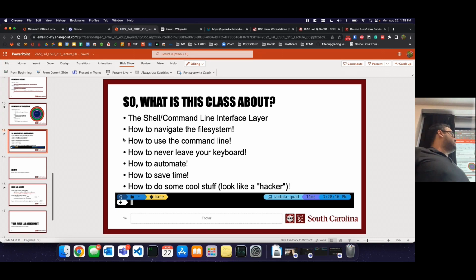In certain aspects of this semester, you'll find that it's much quicker to do things on the command line. Another thing is how to get rid of your mouse, how to throw it out the window, so basically how not to ever leave your keyboard. You can keep your hands on the keyboard and never leave. How to automate things to make your life easier, and how to save time, so you don't have to keep doing the same thing over and over or clicking the menu and drop-downs.